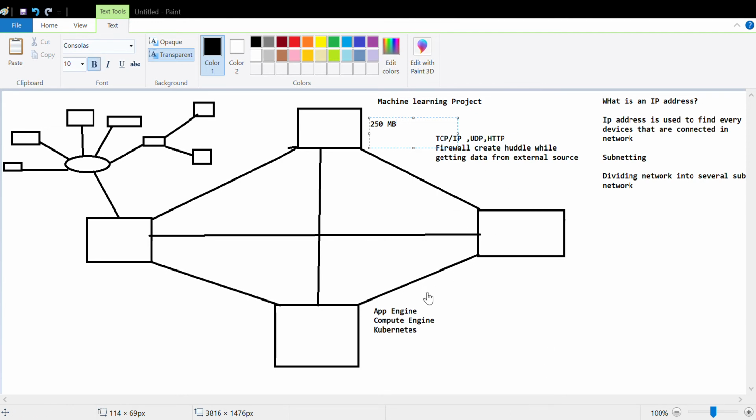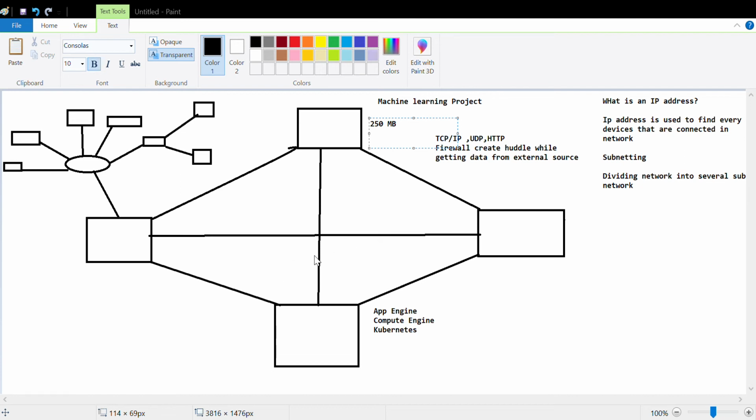Hope I explained it. You just need to be careful while selecting the region when we create a VPC. Sometimes firewall rules create problems in getting or sending data.